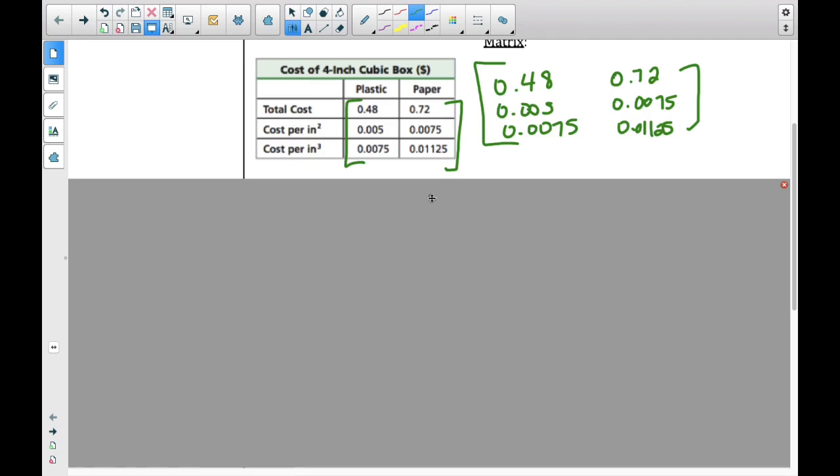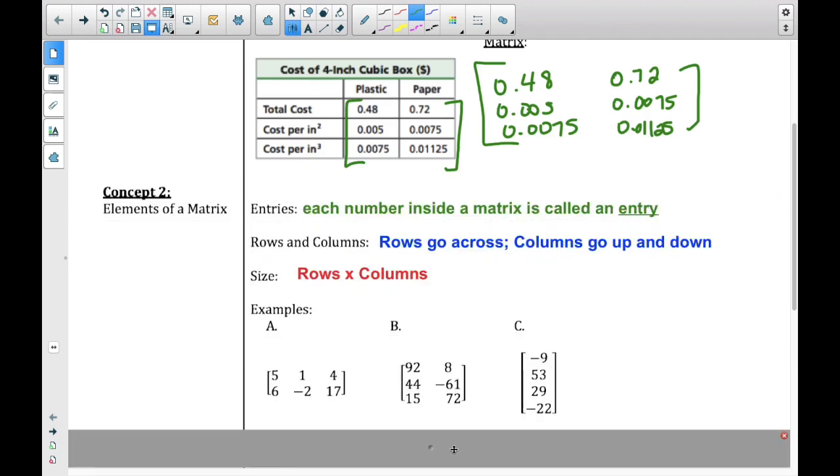We need to talk about some different parts of the matrix. When you have a matrix, each number inside the matrix is called an entry. The matrix is made up of rows and columns. Rows go across, columns go up and down. When we talk about the sizes of matrices, which we'll be doing quite a bit, we talk about rows by columns. For example, if I look at example A, this matrix is a 2 by 3 matrix